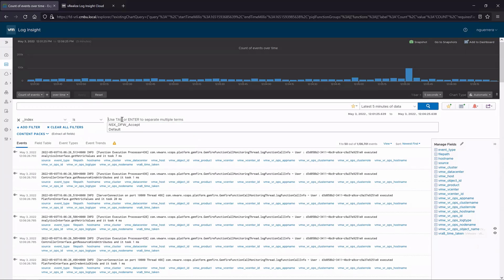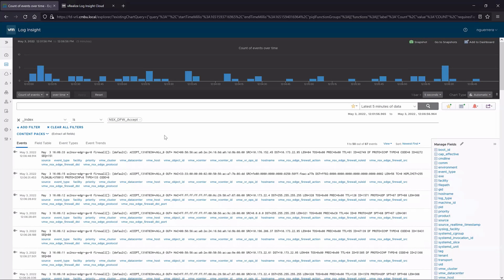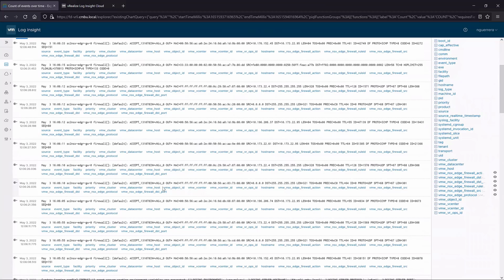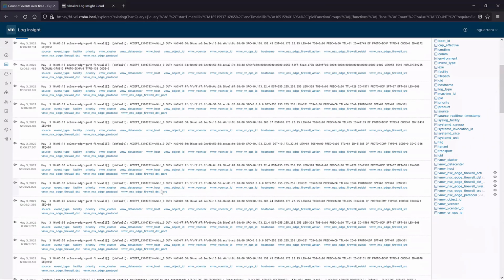So if you just want to look for everything in an index, I have an index here called NSX DFW accept. So if I search here, this is going to search for all of our DFW accept rules. So it only looks in that index space for those specific rules. So now you can see these are only distributed firewall rules that were accepted. So now if we're doing some troubleshooting, the querying will work a lot faster